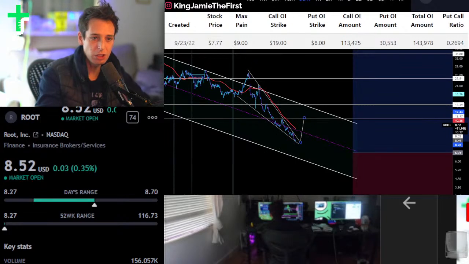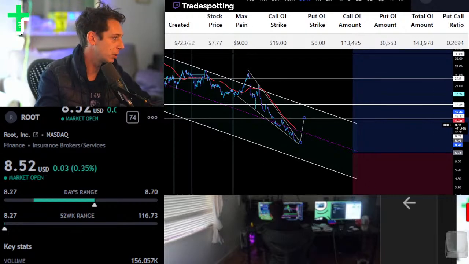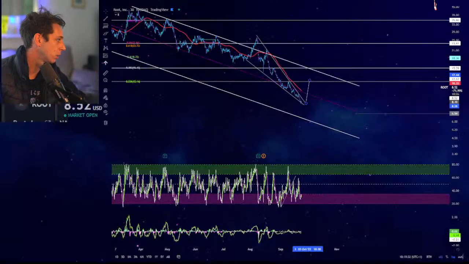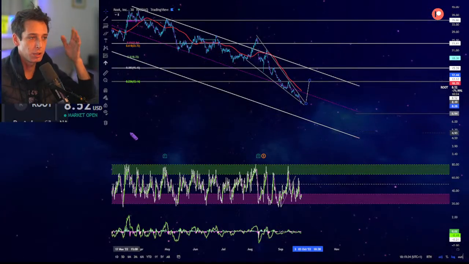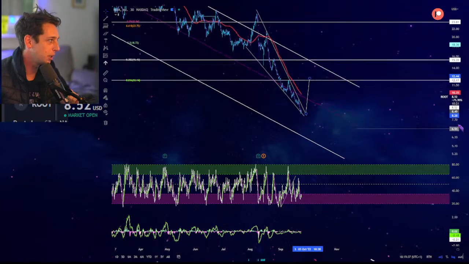Could you please shrink your camera, or preferably move the price down a bit so we can see the whole price? Thank you. Oh, we're on this one, so you want to go on to the other charts. That's a good shout. We'll go to this one because you don't need to see the open interest details all the time. Point I'm making here slightly clearer now, and I'll make it bigger.